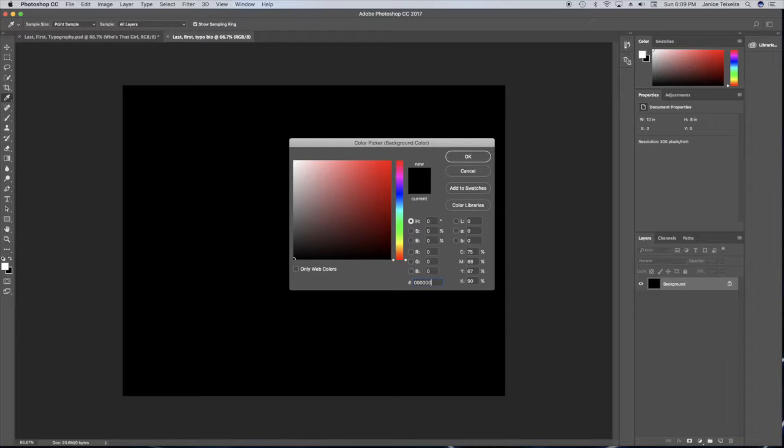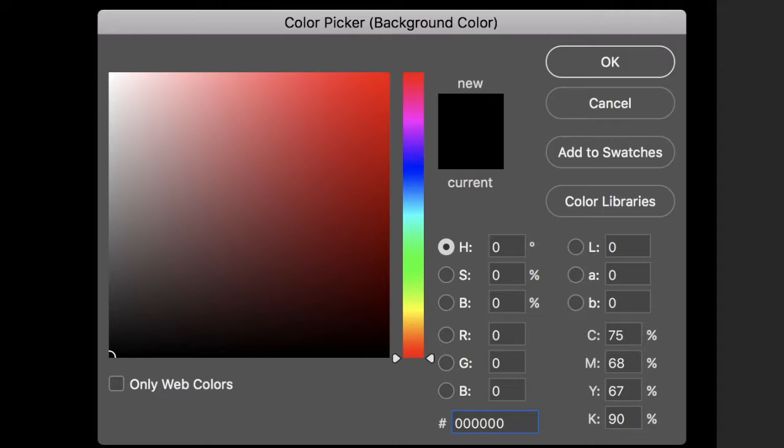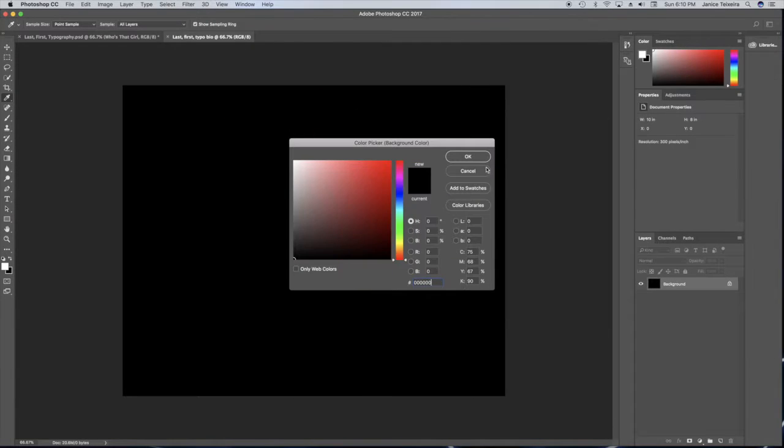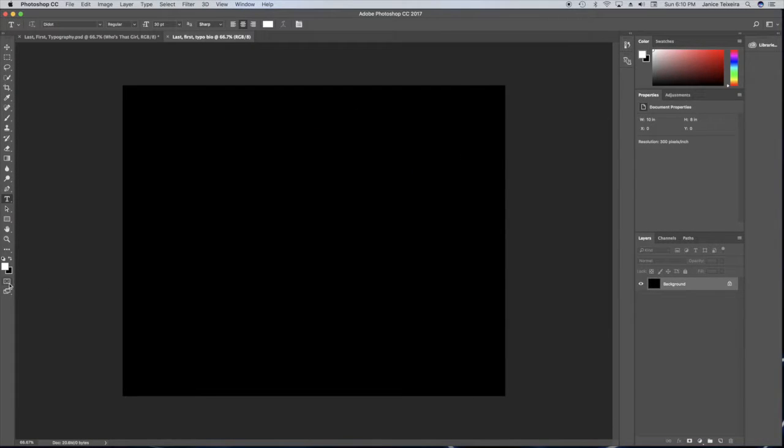This is going to be important for this project. This is also really important when you're working with a layer mask, because if you're not on pure black or pure white, you're going to get that image not being completely blocked or completely showing. And so you're going to get some weird transparencies going on. One way to know you're always on pure black and pure white is to hit this little icon, that default